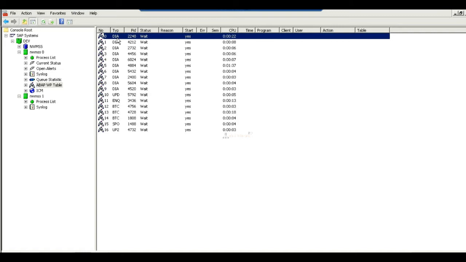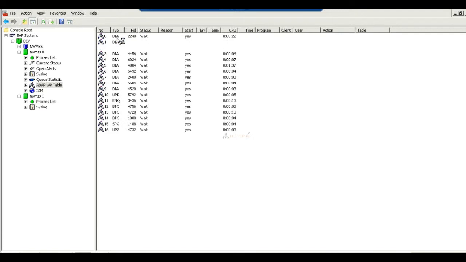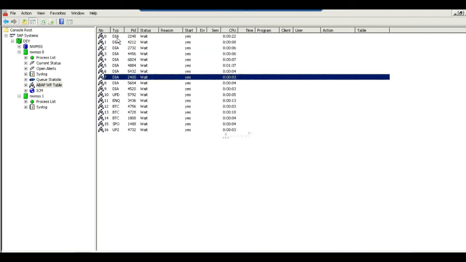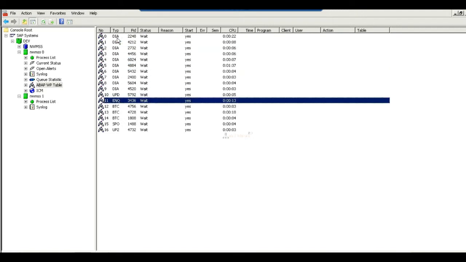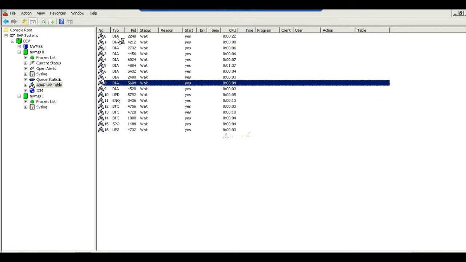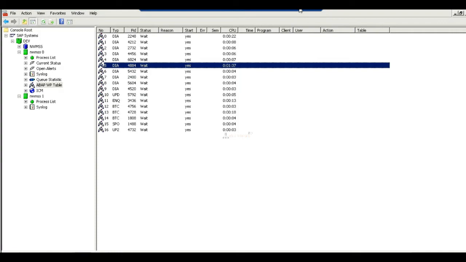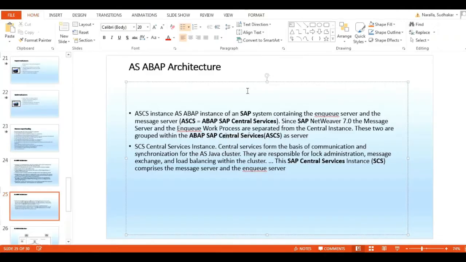Then my dispatcher will assign the request to the appropriate work process, whether it is dialog or background or batch or something else. In your case, if your dialog processes are occupied by all the users' requests, then the server will hang. Why? Because I have only one instance installed.